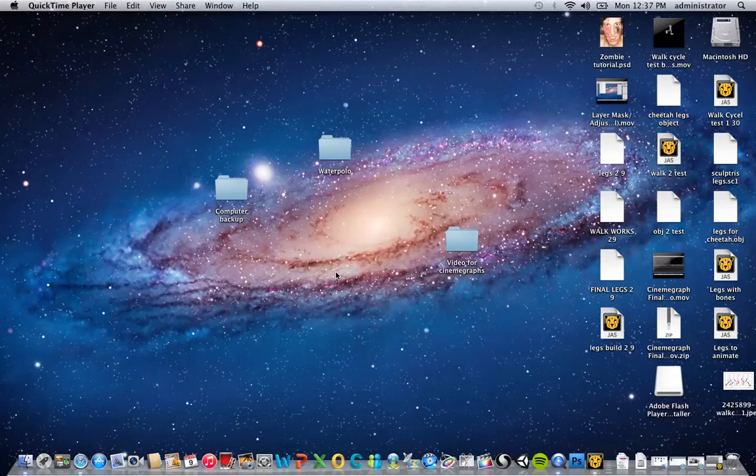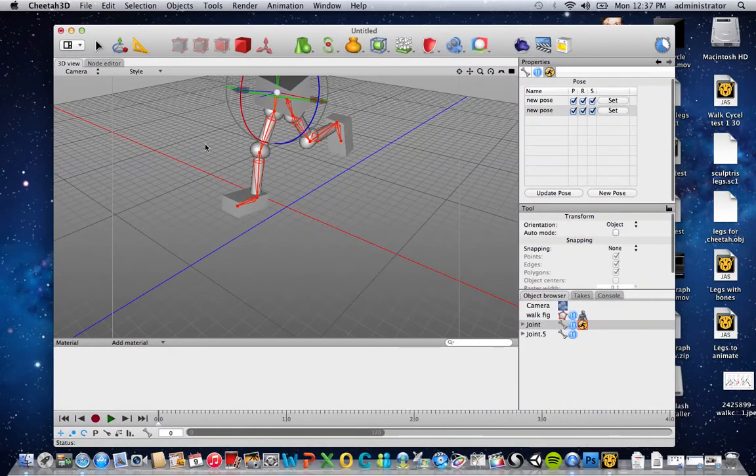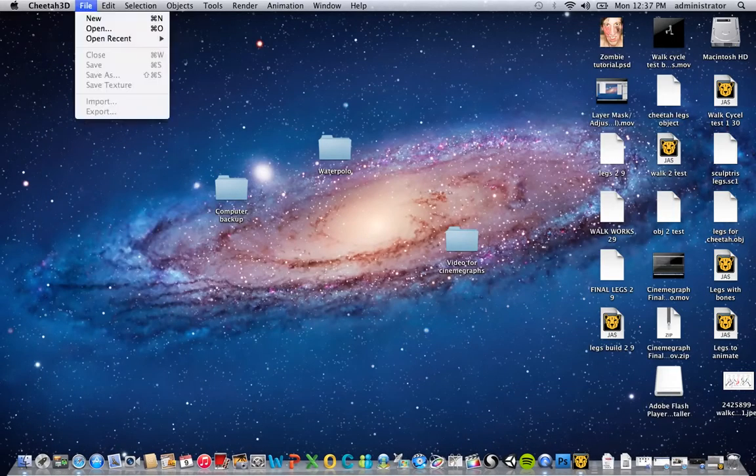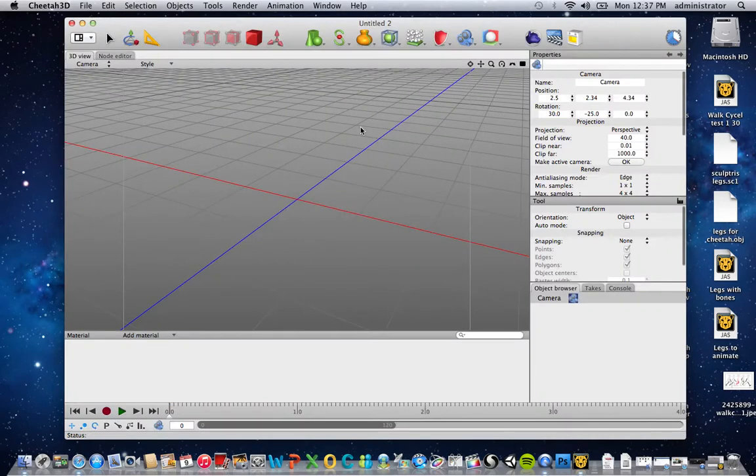with Cheetah 3D. The program, you can search it down. You want to open up the Cheetah 3D. It just has the icon of a cheetah, and you can keep that in your dock for later use. When the program pops up, what you want to do is just go File, New, and this is going to